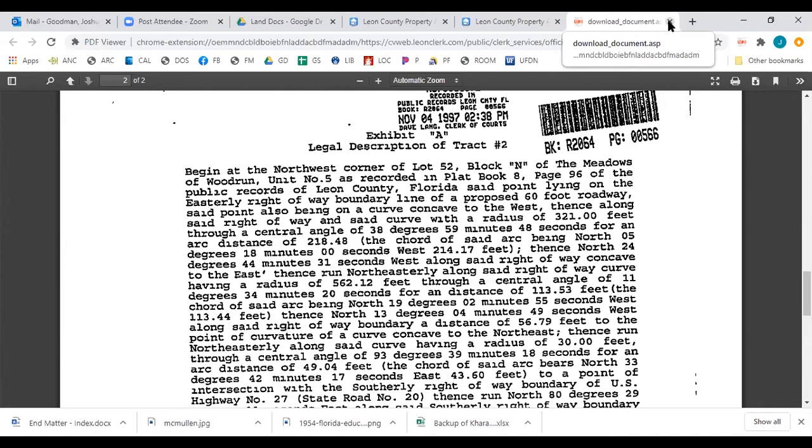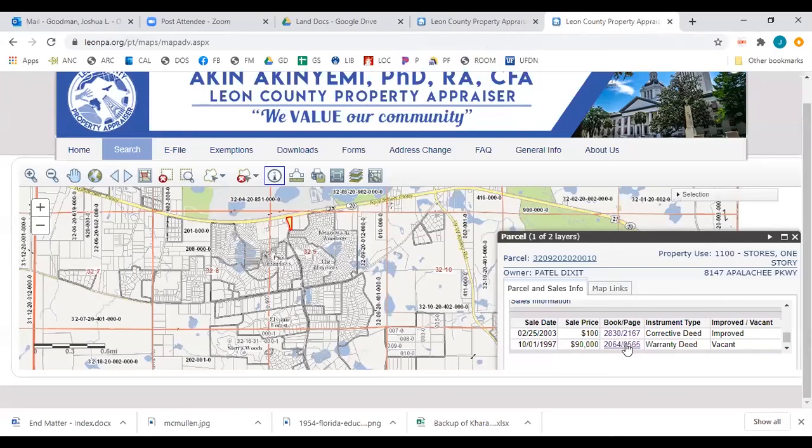You could do kind of what we've done here already and see how in this little window here from the property appraiser's website, it's giving us the last 2 sales. What these are is deeds, representing the actual sale of the land from one person to another. But these are obviously not the only 2 deeds that exist.